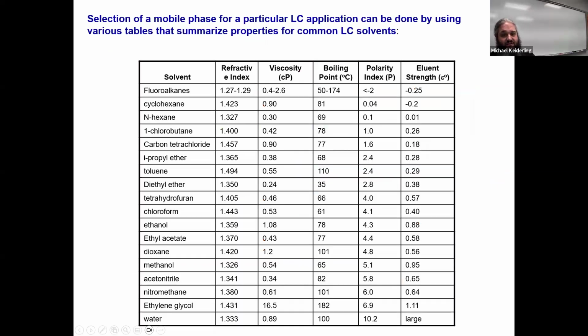The refractivity index is important for the detector. The viscosity is important for flowing through. The boiling point is about what temperatures you can work in. The polarity index helps determine whether it's strong or weak, and the eluent strength is